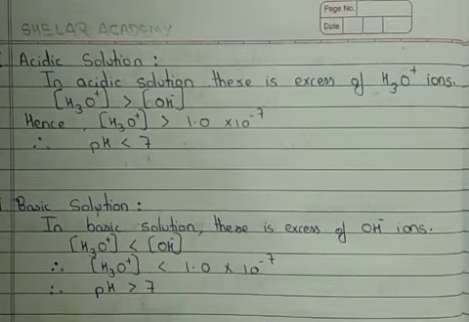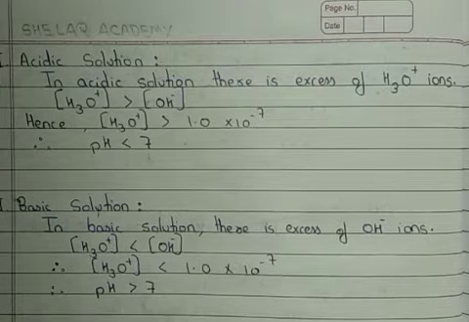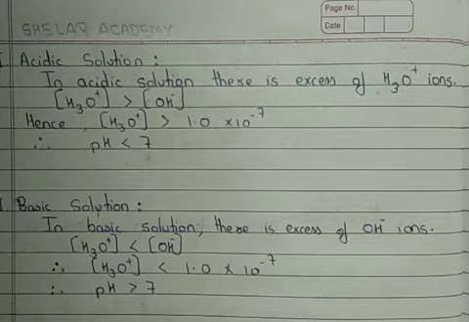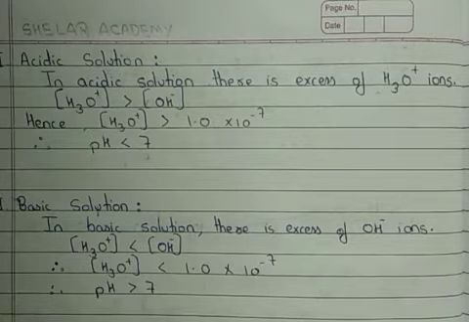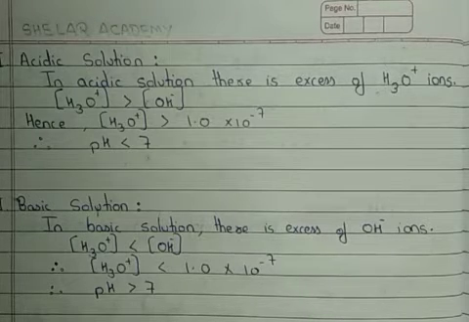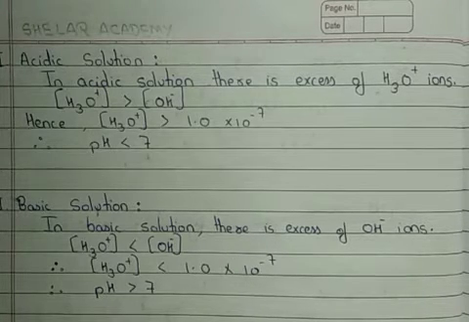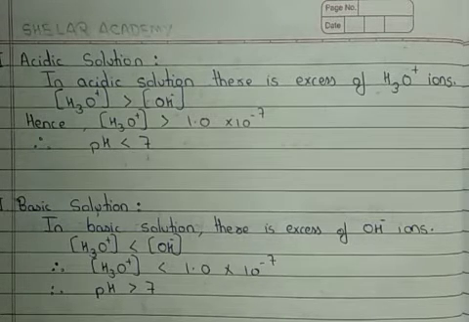So based on the pH level, we can determine the given aqueous solution as acidic, basic or neutral. If the given solution has pH less than 7, then we call it an acidic solution. If its pH is exactly 7.0, we call it a neutral solution. And if its pH is greater than 7.0, then we call it a basic solution. So on the pH scale, as the pH value goes on increasing, its acidic strength goes on decreasing and its basic strength goes on increasing. That is what we need to remember very well.